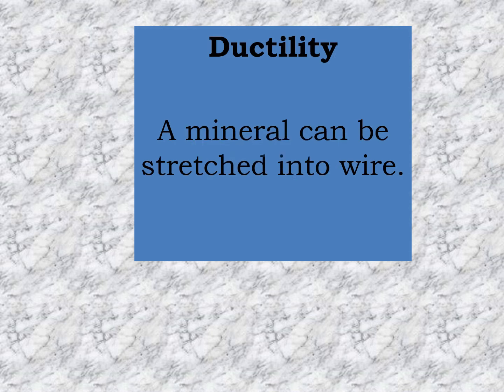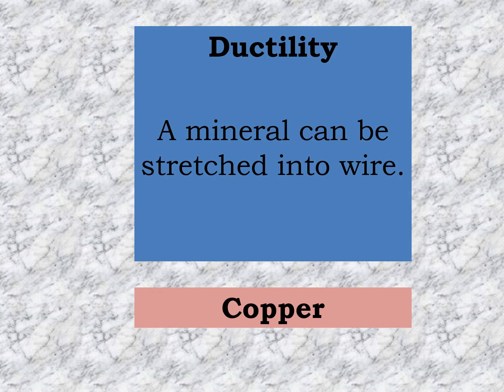So another term for tenacity is the ductility. So when we say ductility, a mineral can be stretched into wire or can be drawn into wire. So we have here copper. So copper can be formed and stretched into complex and intricate surfaces without breaking. So the very small diameter wires, which transmit power in cars, computers, televisions, lighting, and mobile phones, only exist because of the high ductility and malleability of copper.